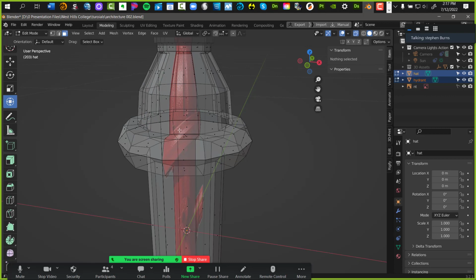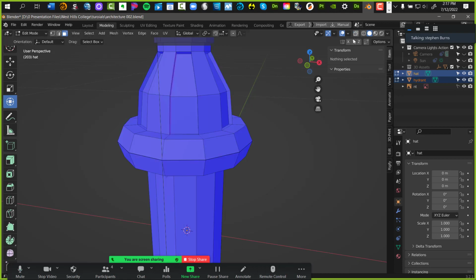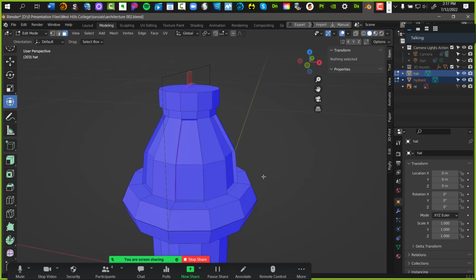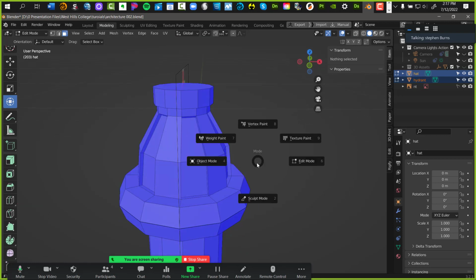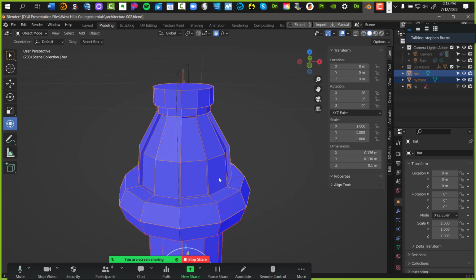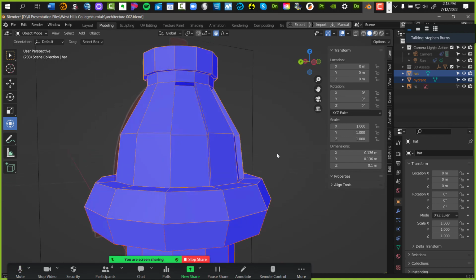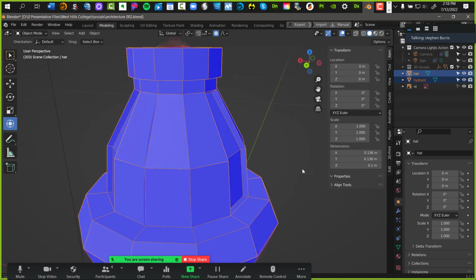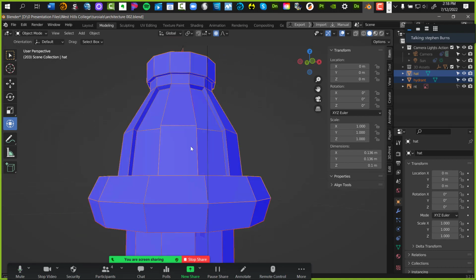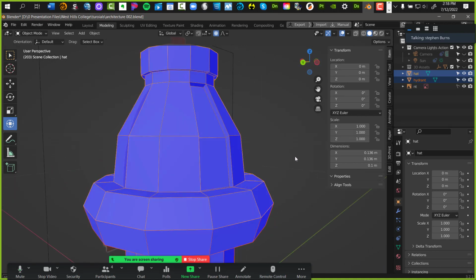Okay, everybody watch me here real quick, and then I'm going to let you guys finish up. I'm going to go to the hat and get out of this X-ray mode here. What I want to do at this point is round it off.